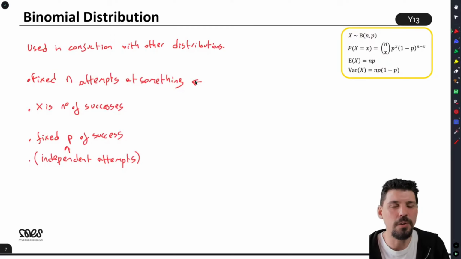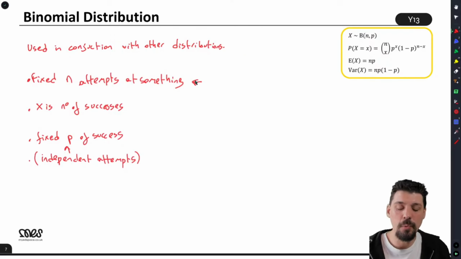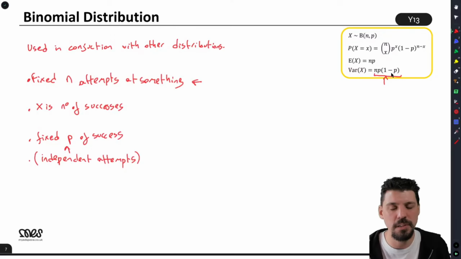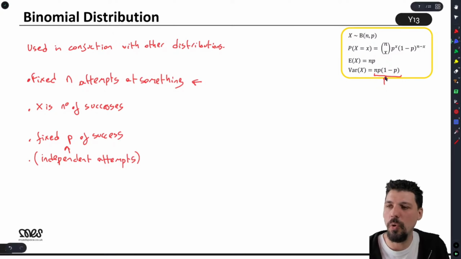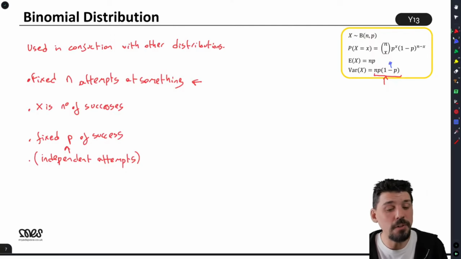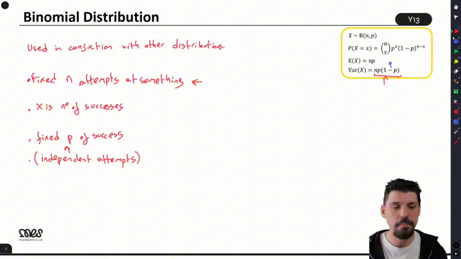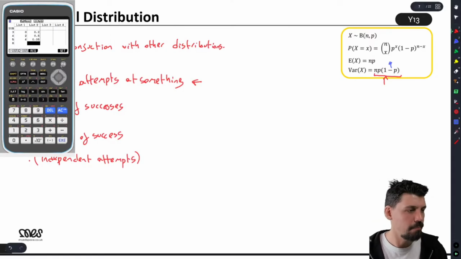Depending on how we do for time, we could always come back and I can try and derive a couple of results for you based off the binomial, which are kind of cool. The extra result that we don't have in single maths that we're going to use here, and I'm not going to derive that, at least not until we've covered everything and if we have time to do some of these cool little proofs, is that the variance of a binomial is n times p times 1 minus p. Or sometimes instead of 1 minus p, we might use q. But you've worked a lot with it in your single stats, so it shouldn't be a problem. Let's just remind ourselves where everything lives, though.